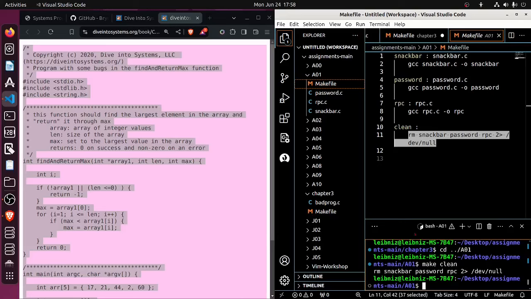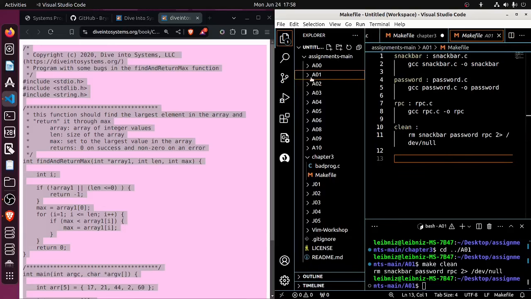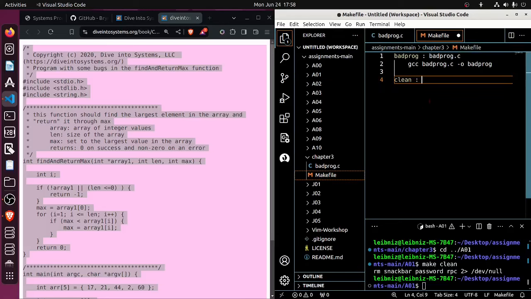I'm not terribly interested in that right now. I just wanted to demonstrate what happens when you call a clean function, which cleans out all of the binary executables that you may have compiled. So anyway, that's what that does. Very standard to have that,